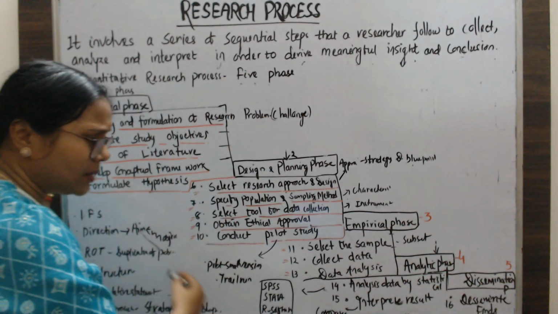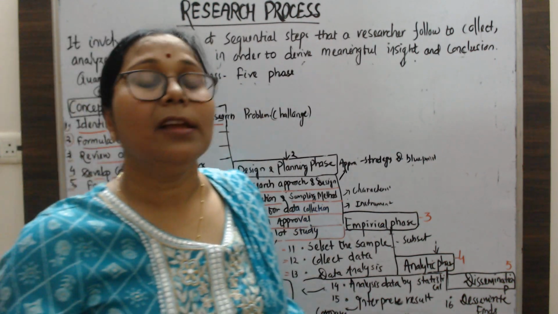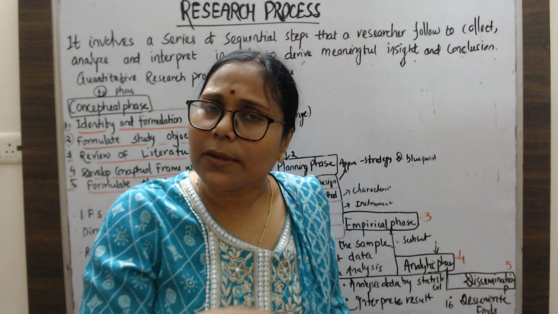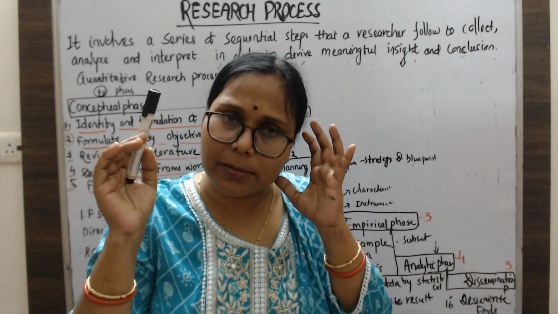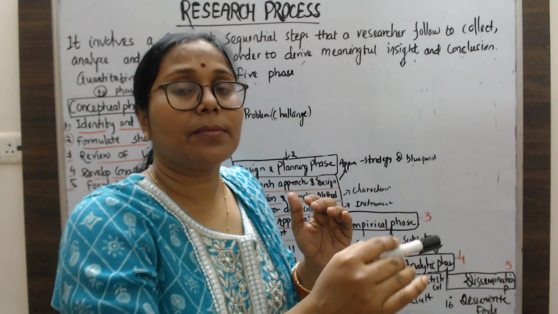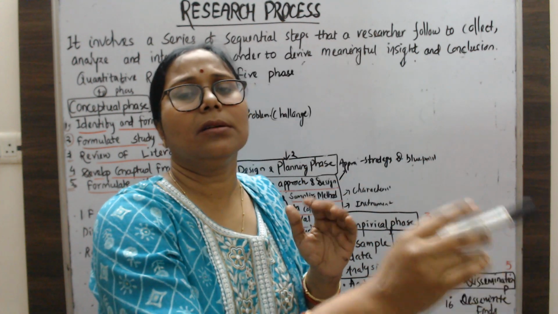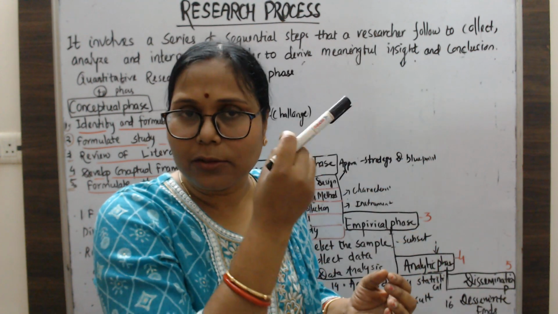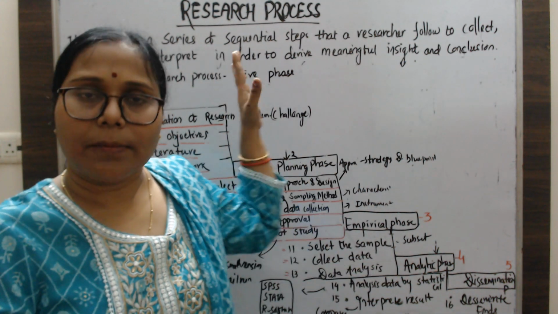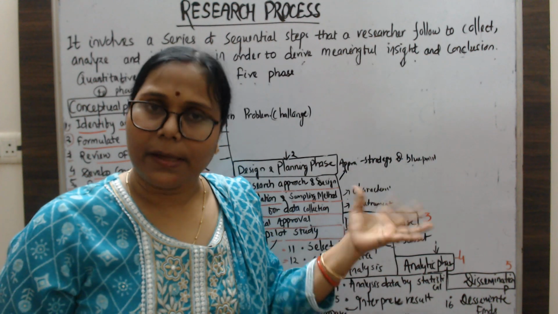There are about 16 steps, and once you understand all the steps one by one, it is not difficult to remember all these points. First, the concepts must be clear: what the steps are and why each step is meant for. If you understand this key point, you will know what the step is actually justifying. After that, all 16 steps will be remembered in your mind.